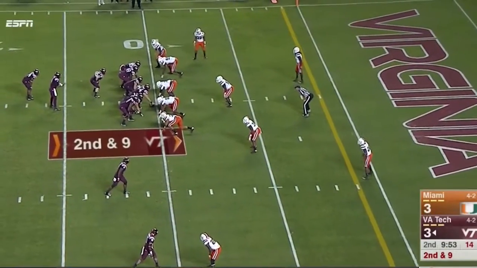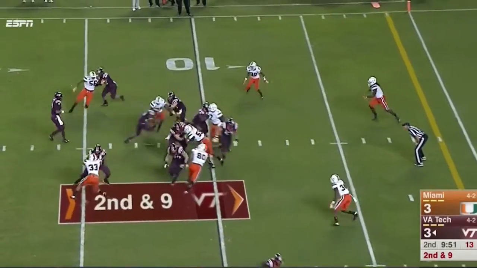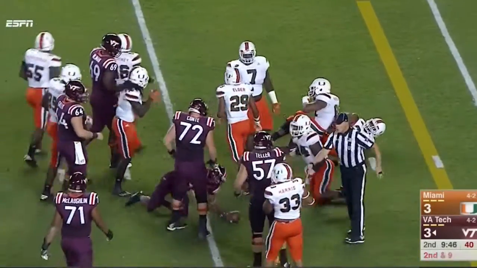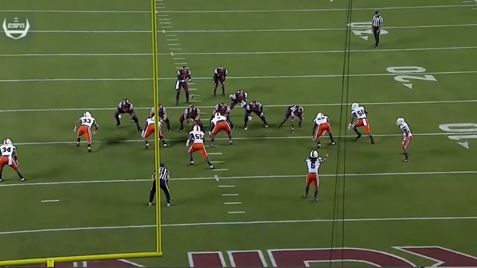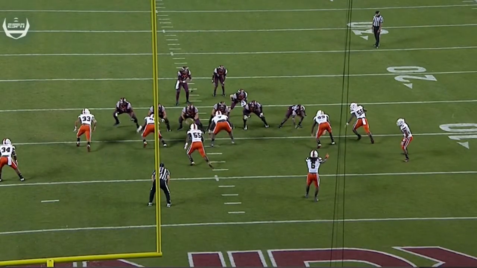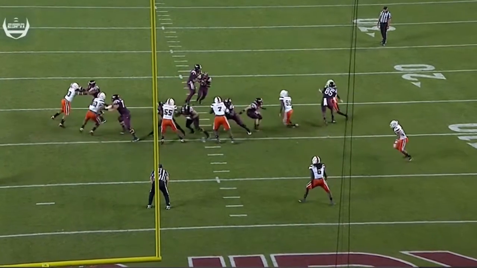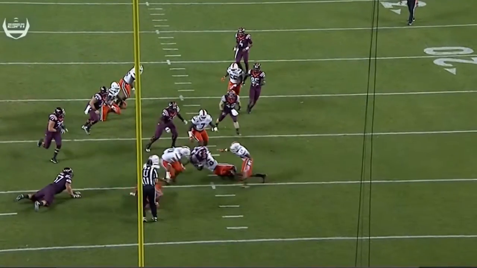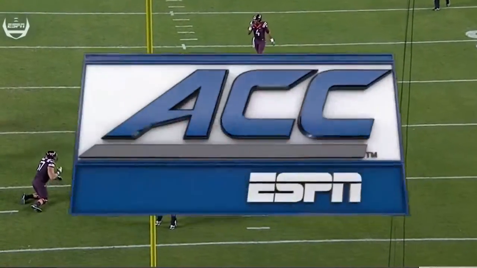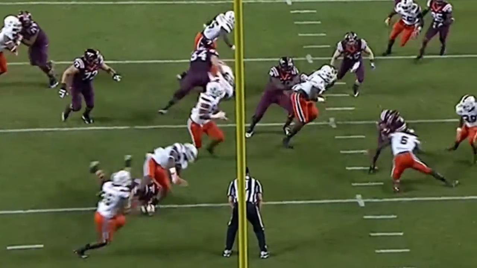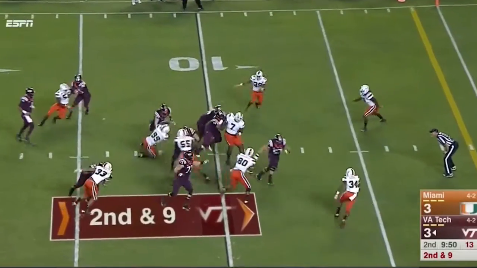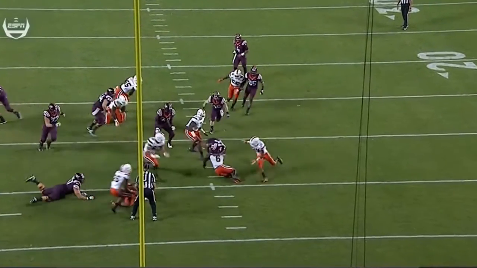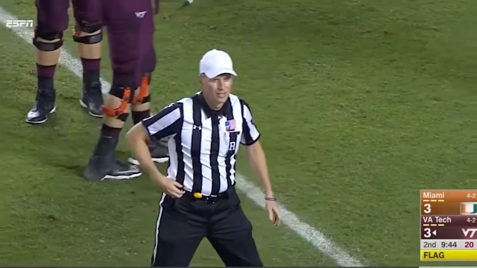Here we have a correct call for blocking below the waist against an offensive lineman. You'll see that number 57 on the offense cuts a defender low from the side. Now once that ball leaves the tackle box, he's got to have that block come directly from the front in order for it to be legal. As we say, between 10 o'clock and 2 o'clock, forward of the player being blocked. This is intended to be a safer block where the player being blocked can see it coming. So this is correctly called as a foul. We get good commentary by the announcers on this play to explain why this is a foul.